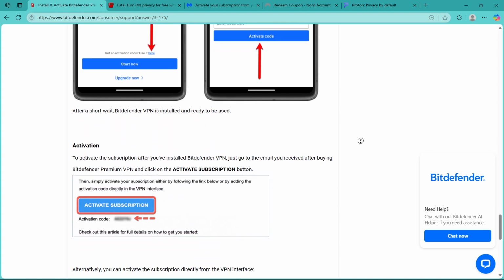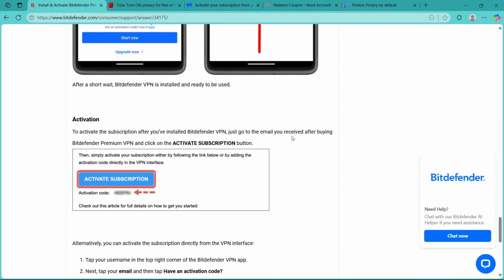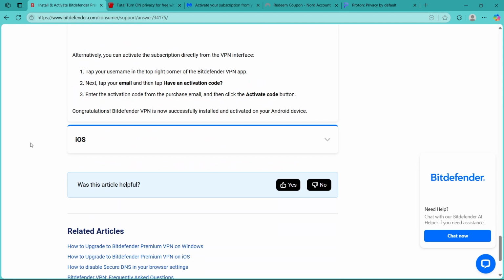To activate the subscription after you have installed Bitdefender VPN, just go to the email you received after buying Bitdefender Premium VPN and click on Activate Subscription in that email. So it will look something like this. Just click on this button that you would have got in your email from Bitdefender and you would have successfully activated your Bitdefender VPN on